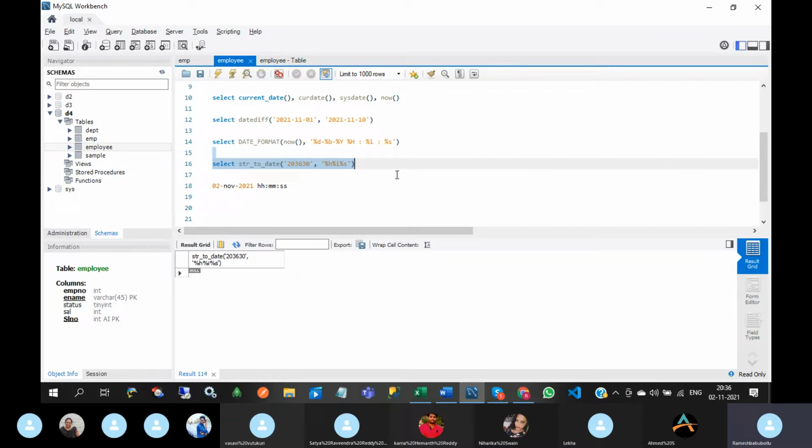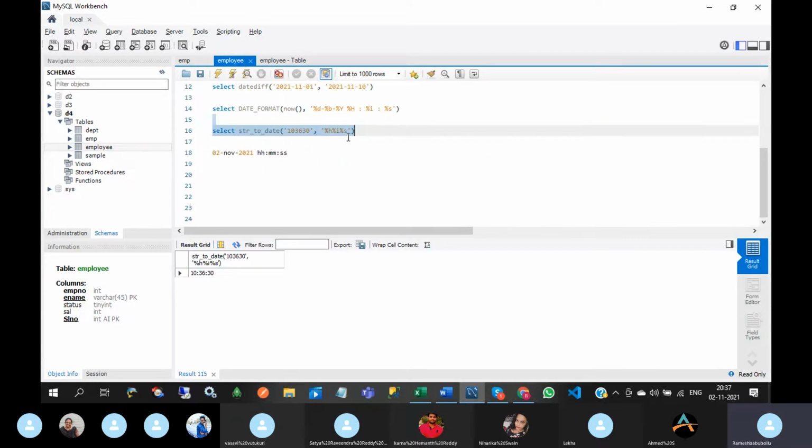It will convert a string into a date time based on the specified format. Hyphen. So whatever value we have given here, it will convert into hours, minutes, seconds.